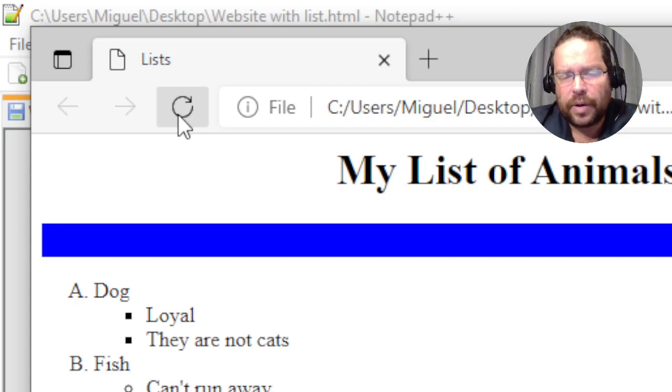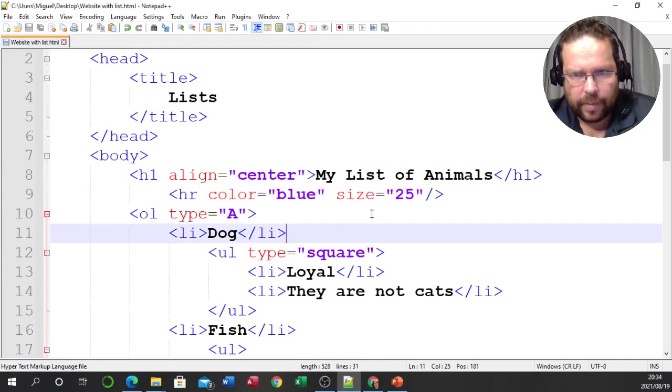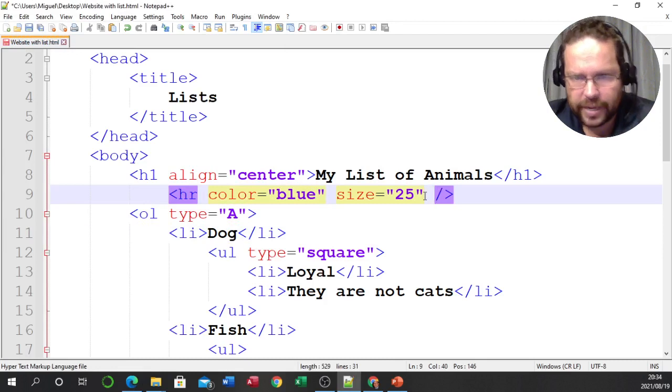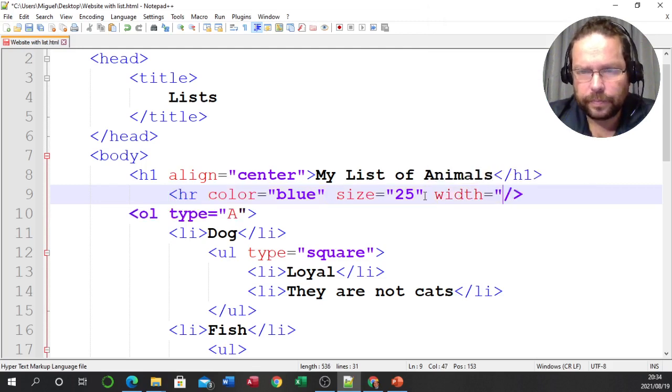And let's say now I want to change the width. I don't want it to go all the way from one side of my page to the other, I want it just to kind of sit in the middle. I'm going to change that. Now what I'm going to do is still the same thing, click add another one, so space, and I'm just going to add the next name, which is width, then equals,